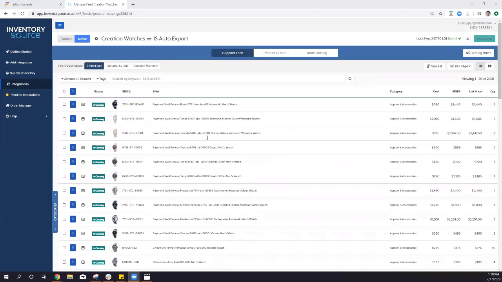I'm going to be doing a tutorial on how to add a source from inventory source. So if you're currently using inventory source for some of your suppliers, you'll have the option of onboarding a supplier with an IS auto export channel, and that's what's required in order to actually add the source onto your Flxpoint